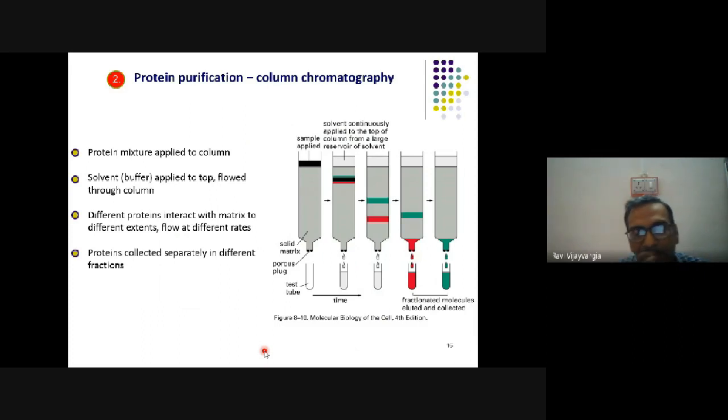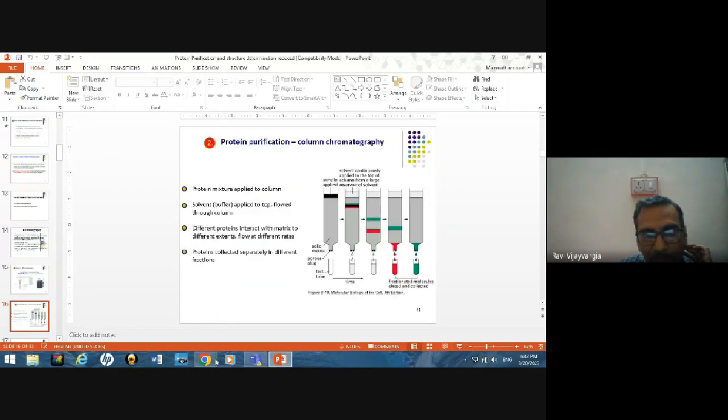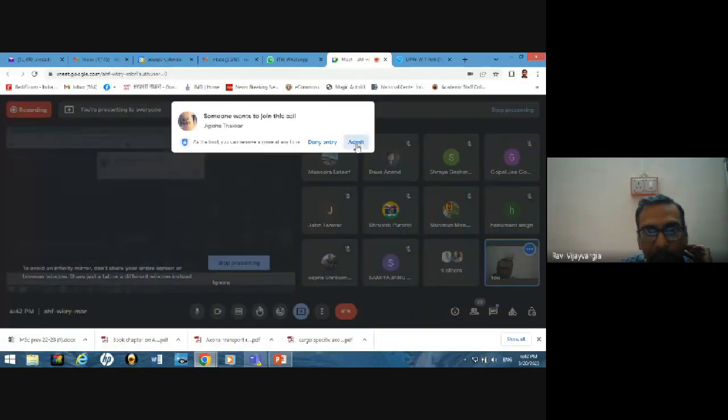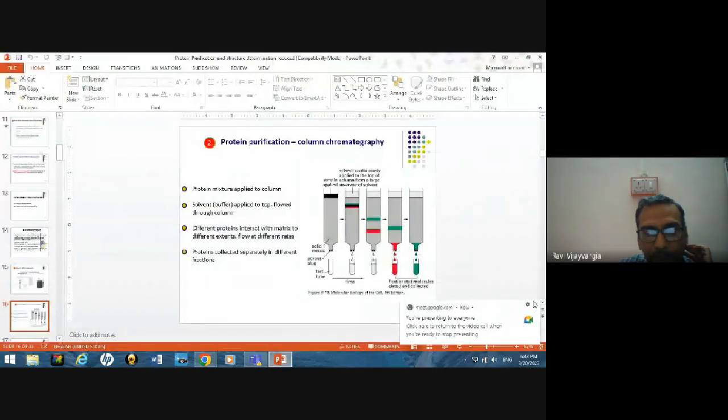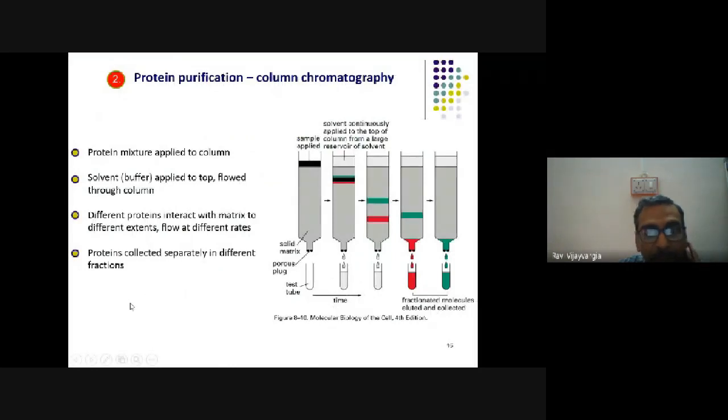So basically, this is a flow chart of all chromatography techniques in general. Whenever you apply a mixture of protein to the column, this is a sample, and how it interacts with the stationary phase of the column will allow for separation of the components. So you see, originally it is black color, and then the components are getting visible again.